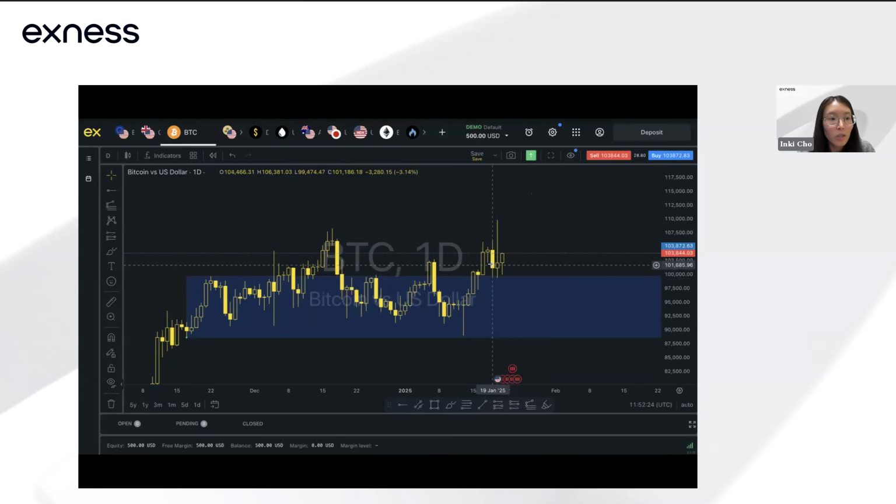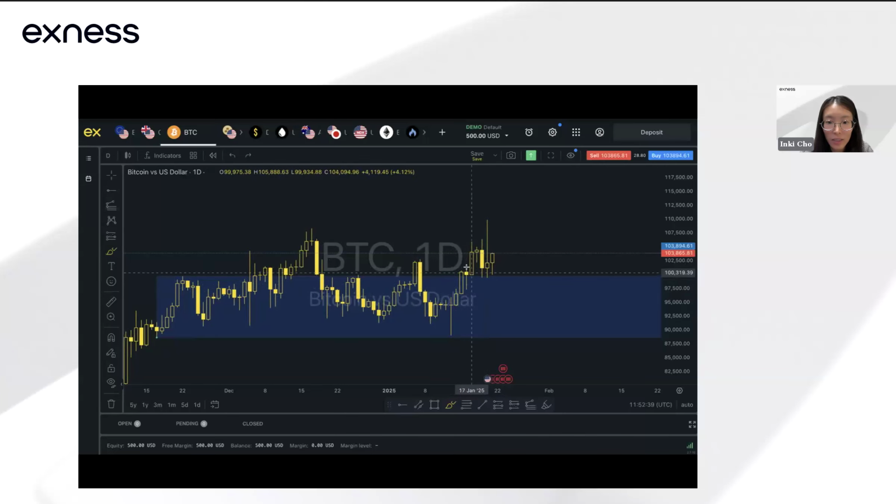So on the daily, you can see that price consolidated. We're seeing this move over here, price broke above that range and closed above it. And if you were to narrow it further, you can see that on the daily, this is the last area where we saw that hesitation before the break to the upside. This is the daily demand, this area here. So if I narrow it, this is also an area where we saw the hesitation, a strong break to the upside, price retesting the support zone again. So that's on the daily time frame.